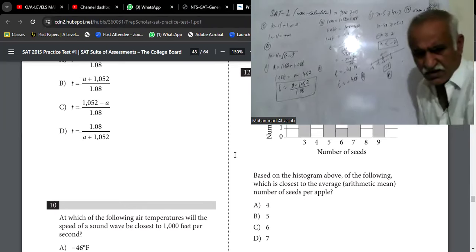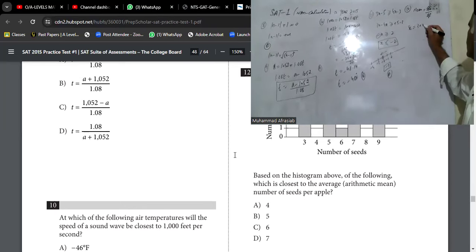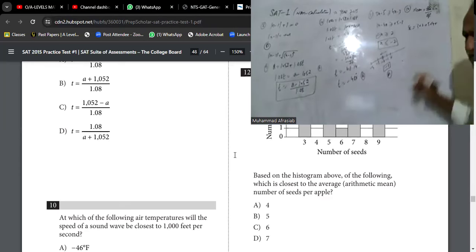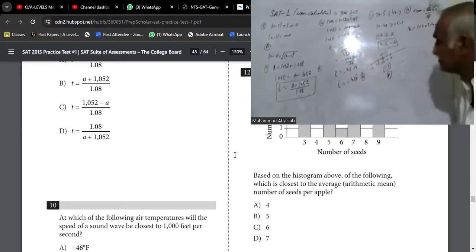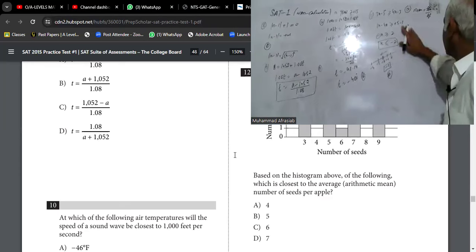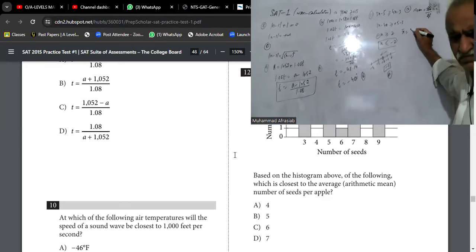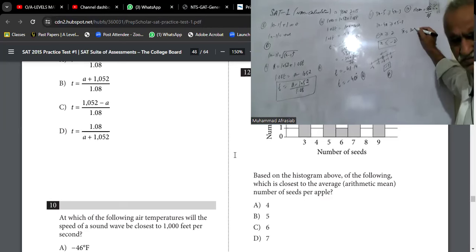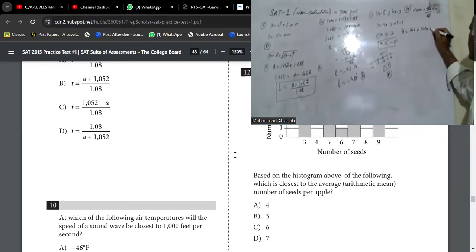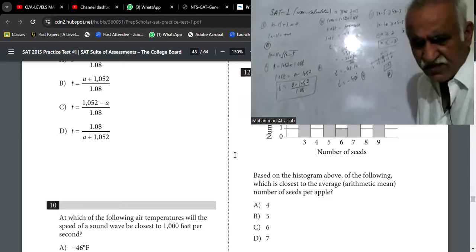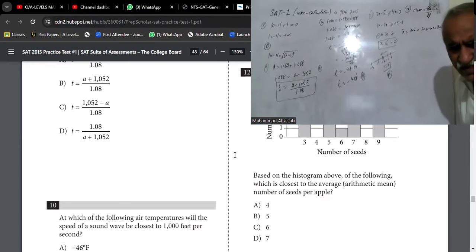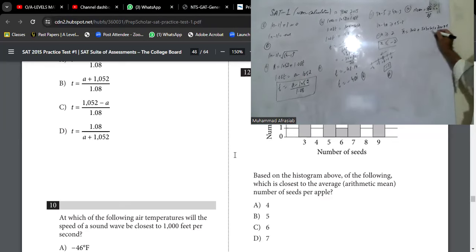So average is 3 two times, plus 4 is 0, 5 four times, plus 6 one time, 7 two times, and 8 is not there, 9 three times, divided by